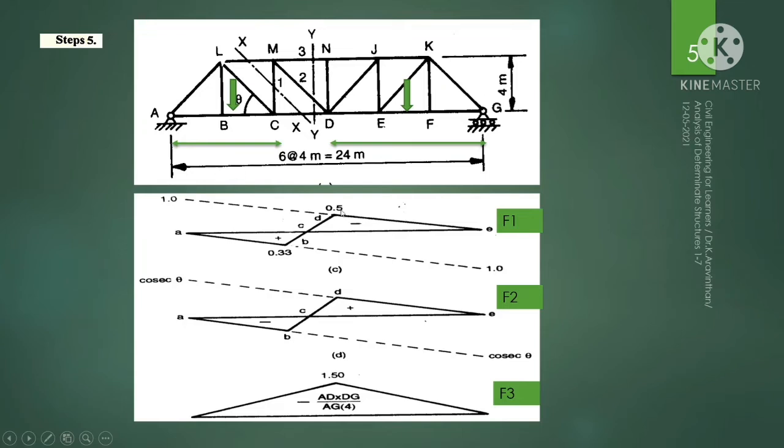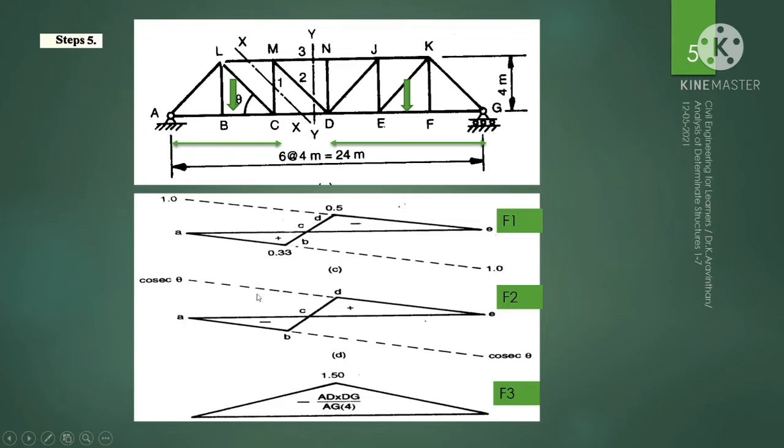So how to understand this? While the load is at the left hand side portion, it was a positive influence line, that is, it is under tension, and after this transition point, what happens? The influence line became compression. So during the passage of the load here, after the portion D, it transfers into tensile force. Okay.